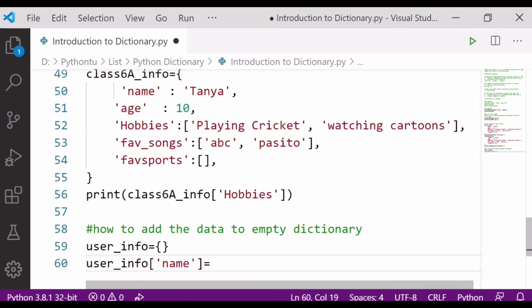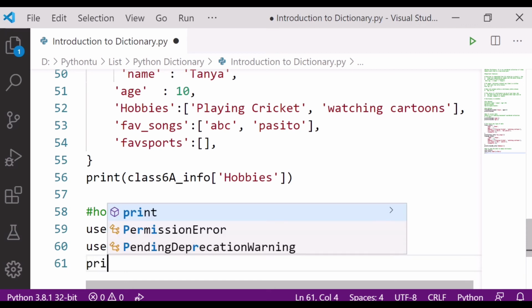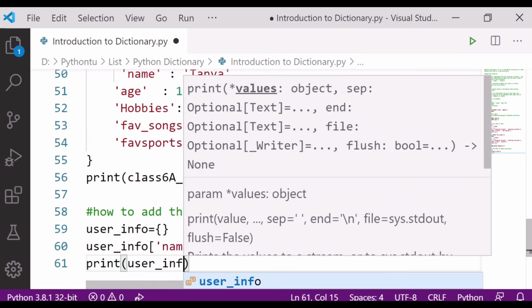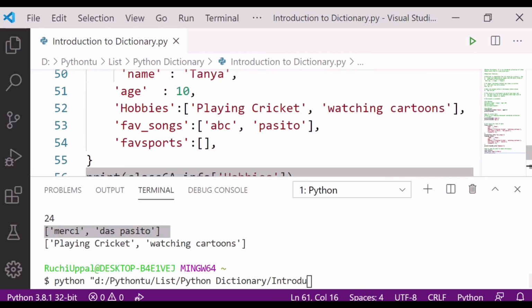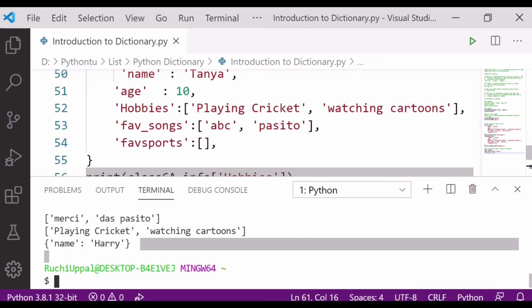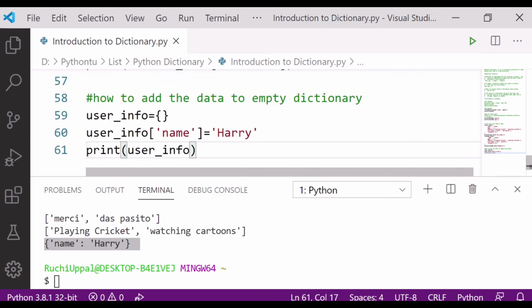What name do I want to add? I will simply write Harry. Now if I print user info, you will see the output. It is giving the value name is equal to Harry, so it is creating the dictionary here.